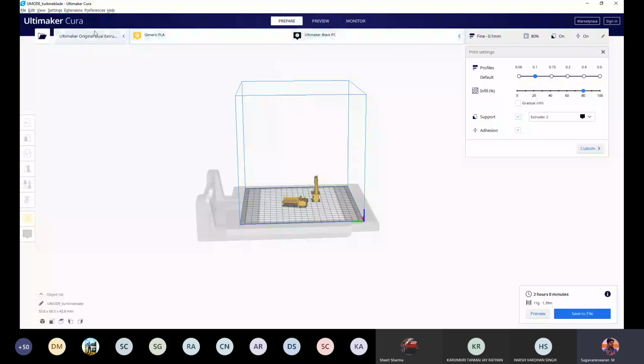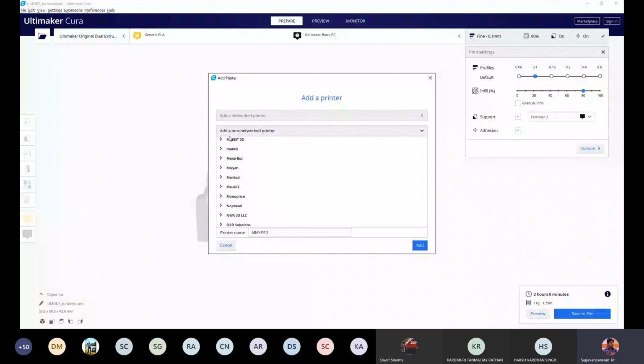And if you are not getting any machine, you can click here. If you click here, you can add a printer. This particular software, whatever we have taken, is more compatible for the FDM process, material extrusion based additive manufacturing principle. If you go to add printer, you have a lot of options listed.